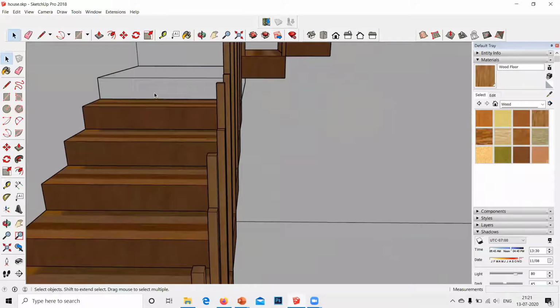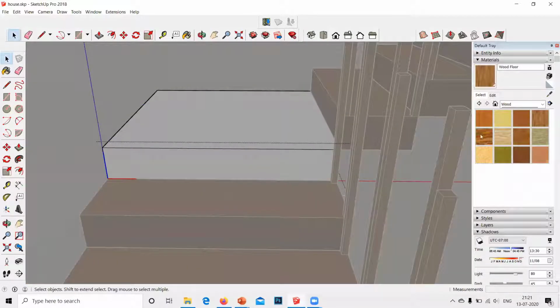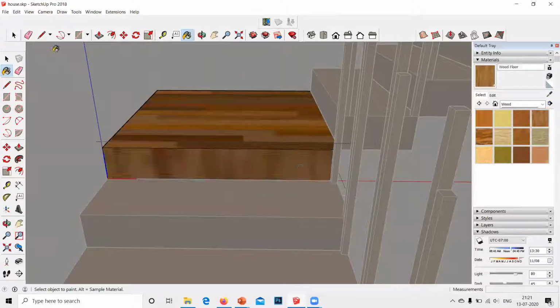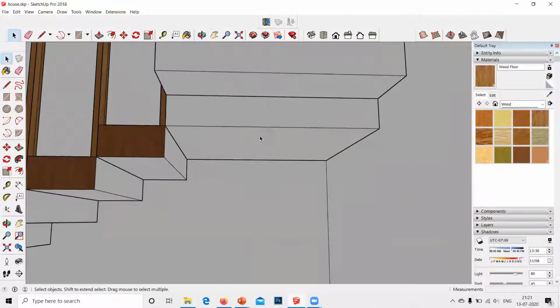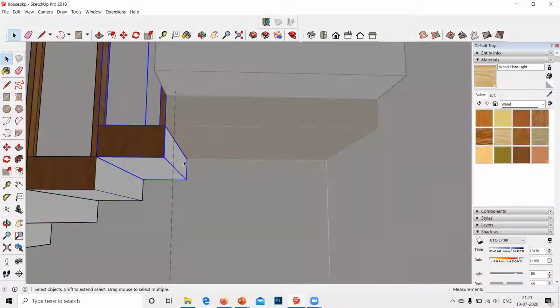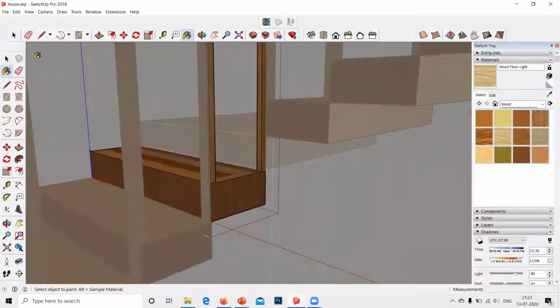You have to also paint your mid landing, because if you remember, we had done the make unique thing for our mid landing. Yeah, this is fine. You can also color these portions below the staircase part. Just by coloring one thing, you can color the whole stair set, the staircase, as we call it.